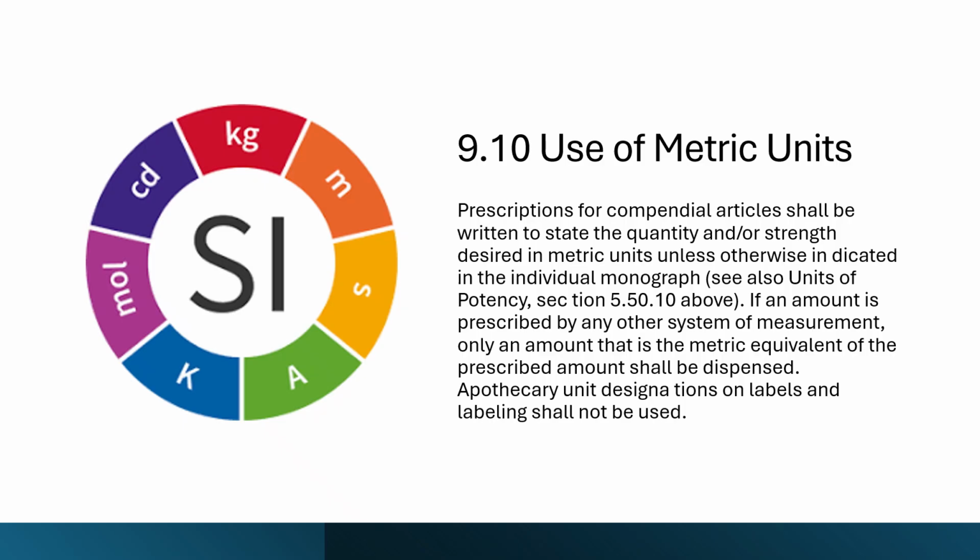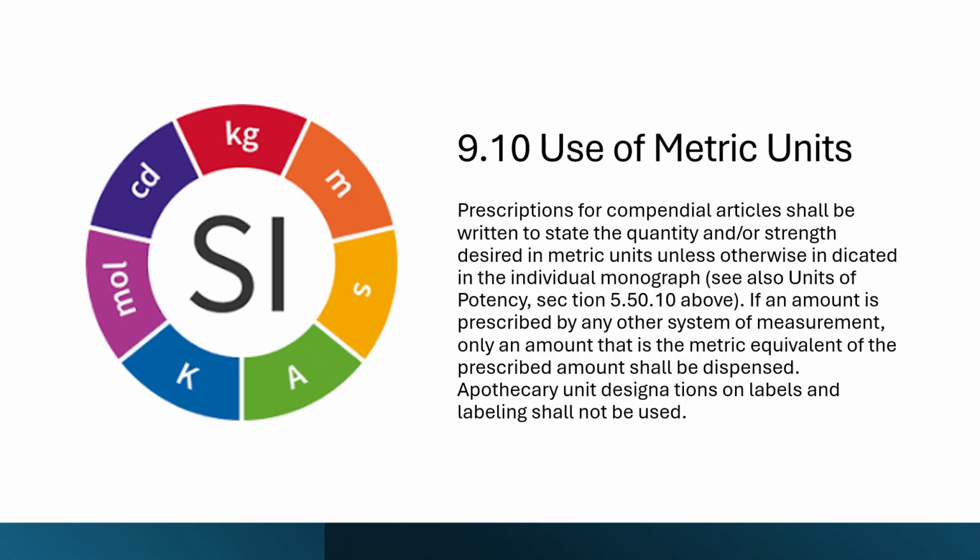So as per the compendia articles, the prescription must mention the quantity or strength in metric units unless the individual monograph specifies something different. Reference can also be made to the section on units of potency for substances where strength is expressed in biological activity, right? The use of metric units such as milligram and milliliter ensures accuracy, standardization and consistency in pharmaceutical practices. If a prescription is written using any other measurement system, the pharmacist must dispense only the metric equivalent